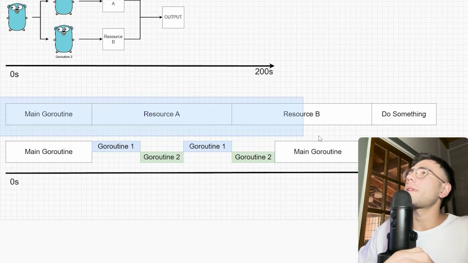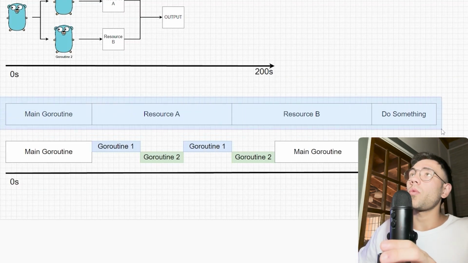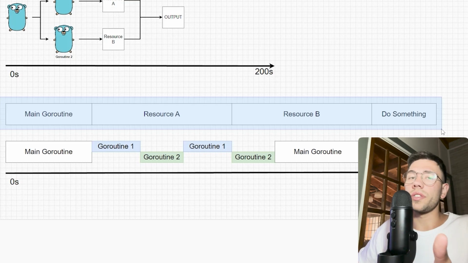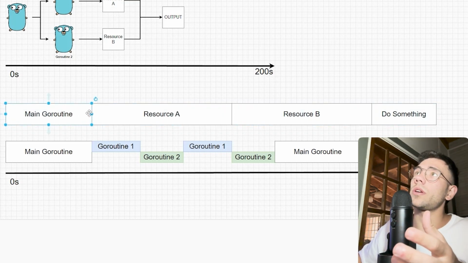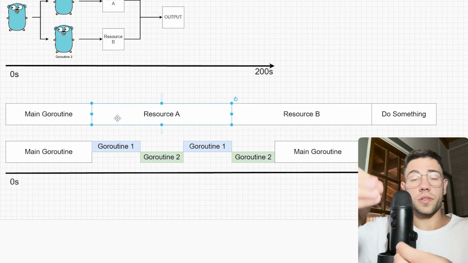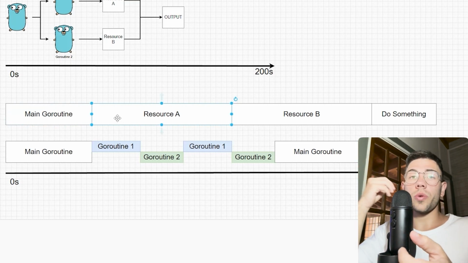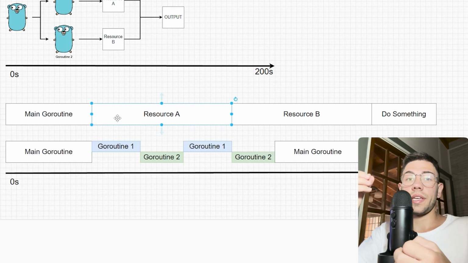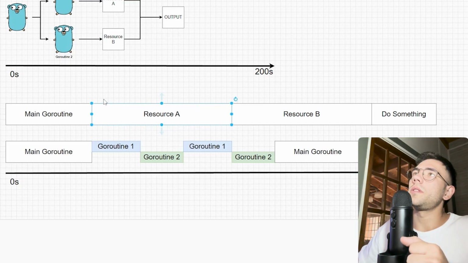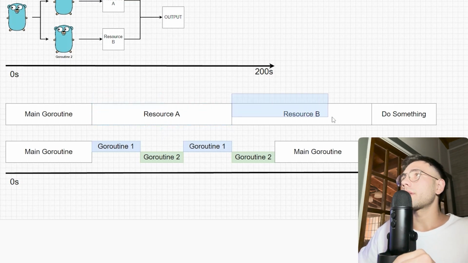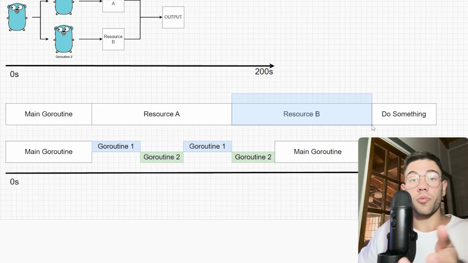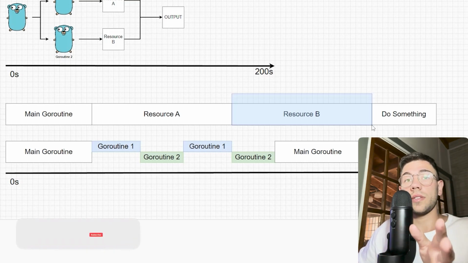Here we have the timeline of this program without concurrency, without Goroutines, where we have our main Goroutine, and then we will make a request to the Binance API, and we will wait for the price of Bitcoin. So this time we get the price of Bitcoin on the Binance exchange. Once we get that, we can start getting the price of Bitcoin on the other exchange,